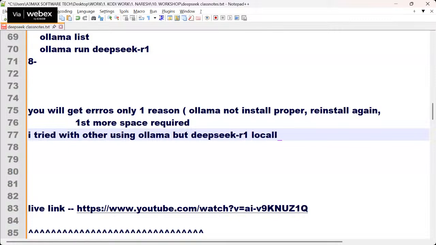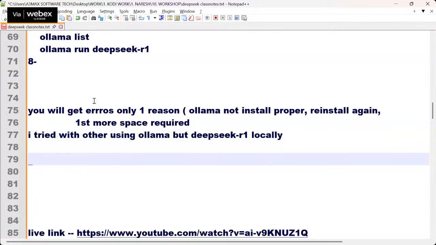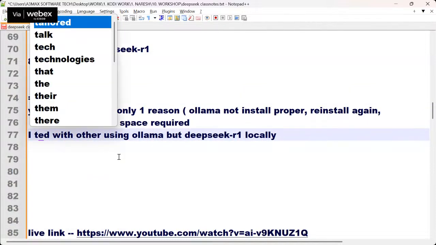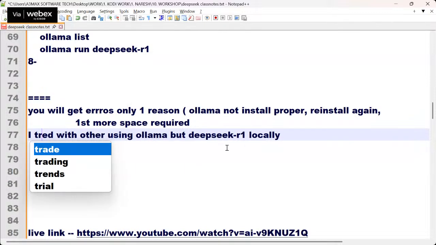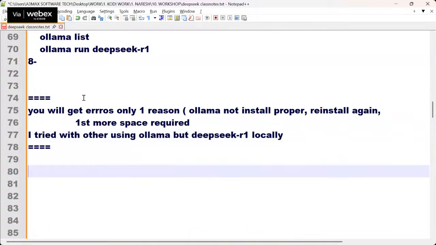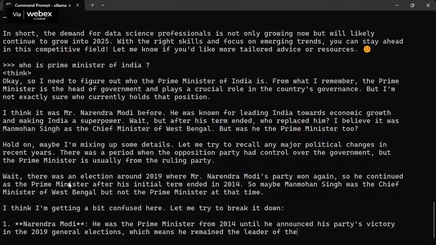Locally, what is meant by local? Locally means you use your personal laptop. That is called local. Understand? If I connect with something else, then it is no longer local. Can we build another model? So let's go back to execute. Okay, still it's generating.